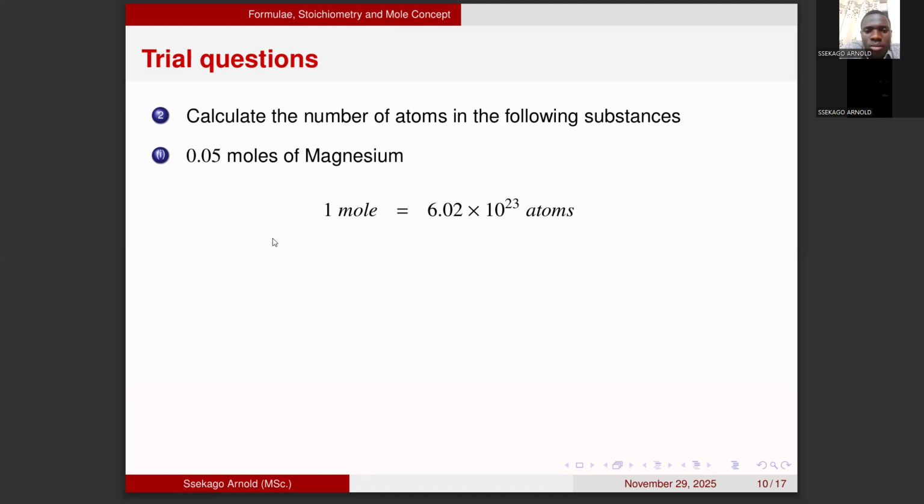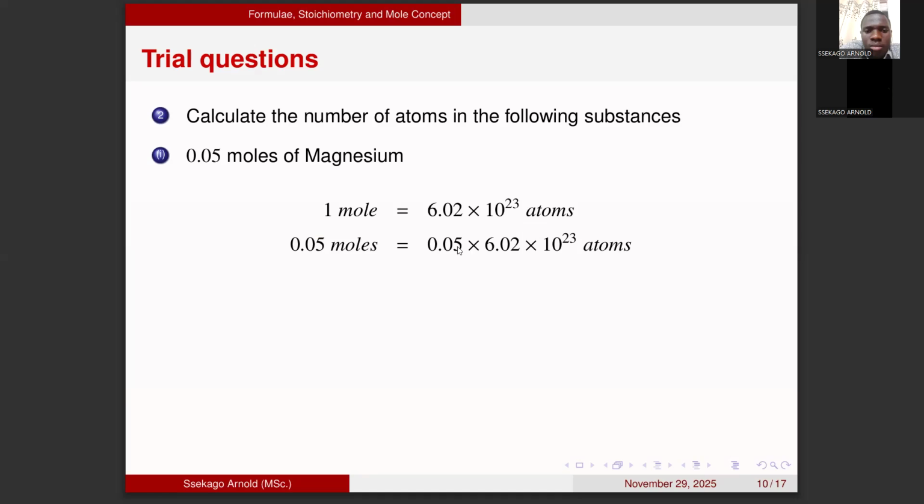You have a case where one cow costs 1 million Ugandan shillings. What of 5 cows? So if one cow costs 1 million shillings, then 5 cows will cost 5 times 1 million. Therefore, if 1 mole is equal to 6.02 times 10 power 23 atoms,